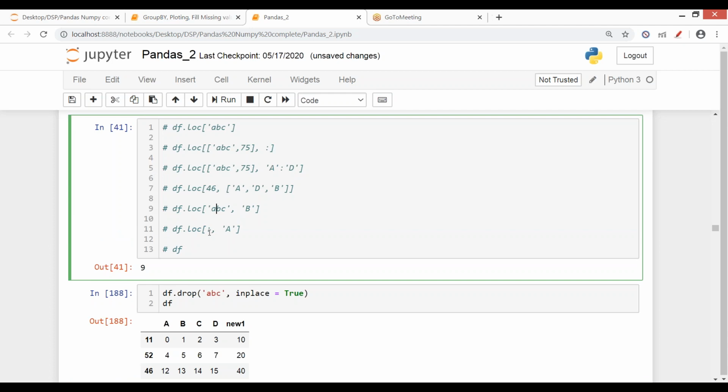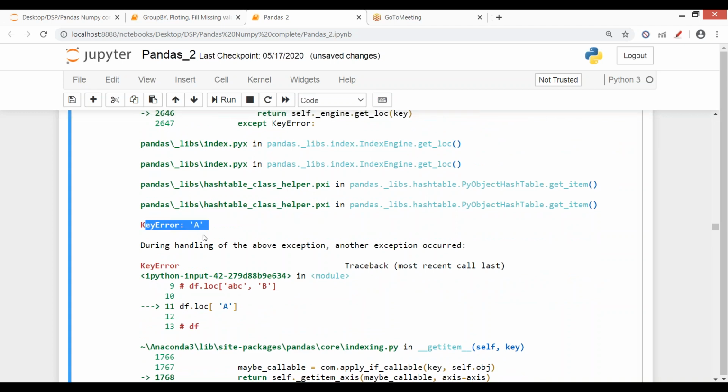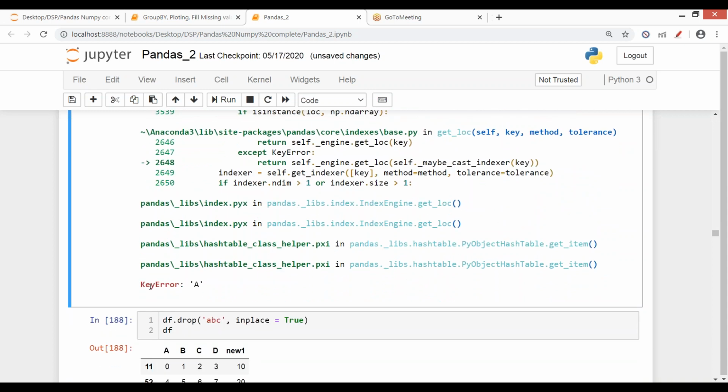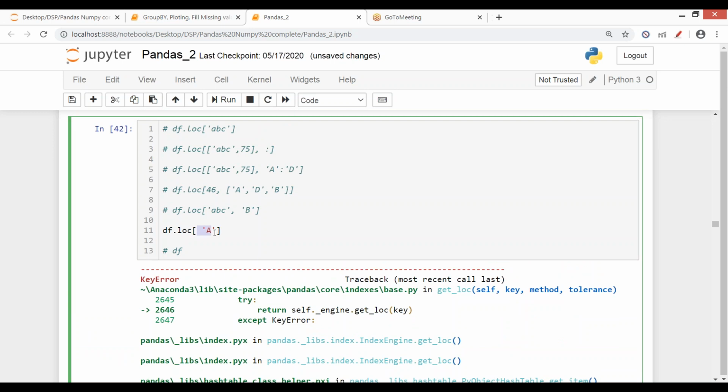Okay. Now the last one is here. When I'm saying column here, it means I'm referring to all rows. See, now when I just run this here, what it says is KeyError: A, meaning A is not identified by the command. According to this command, A does not exist. That is why it has given a KeyError. Because as I've already told you, by default, it will look for the value in rows.